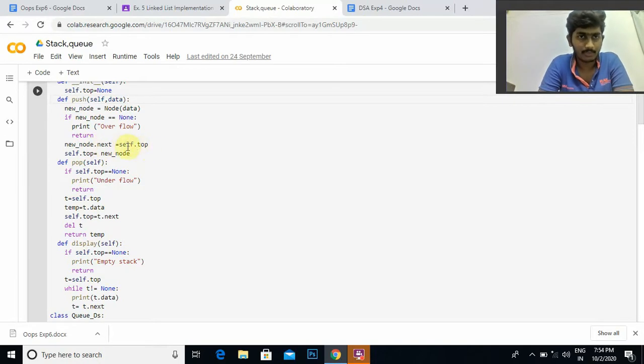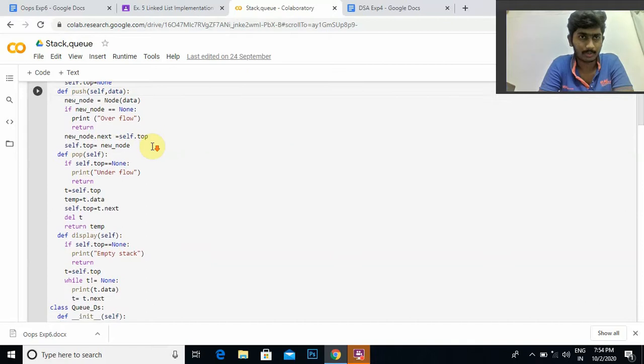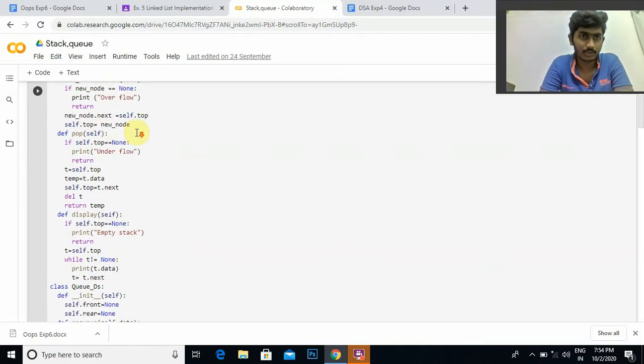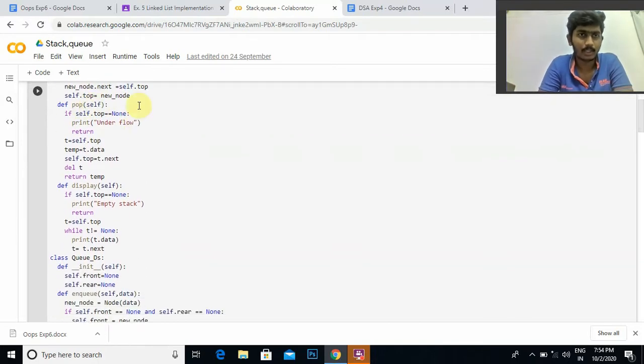So self.top will be having the top element which is 30. So the new node's next, for example 40 is my new node, 40's next should be referring to 30. So new node.next is equal to self.top I am giving. Now I have to make self.top as new node, because always my last inserted node must be the new node. So self.top is equal to new node, and here I am giving another function called pop to remove an element